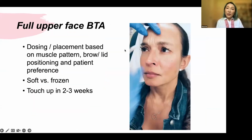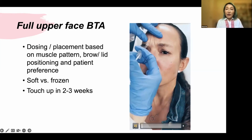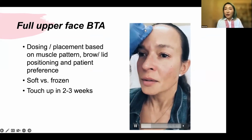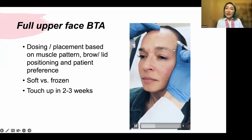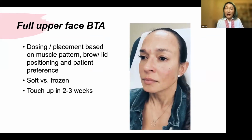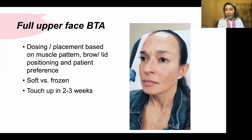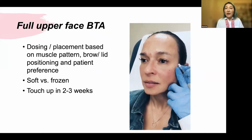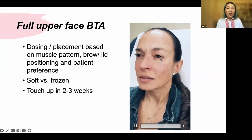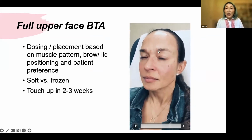And then in some more mature patients, this patient in her late 30s, you may want to start with a full upper face neuromodulator treatment. As you can see, we treat the procerus, corrugators, we treat the frontalis, and a lot of times it's important to adjust your dosing as well as injection pattern based on patients' individual anatomy. So I like to ask patients to emote, squint, frown, smile as I'm injecting to identify where to optimally place your neuromodulator. So here we treated the brows, we treated the frontalis,